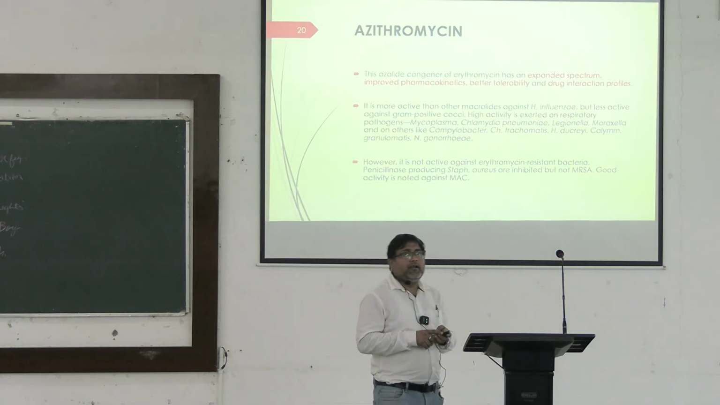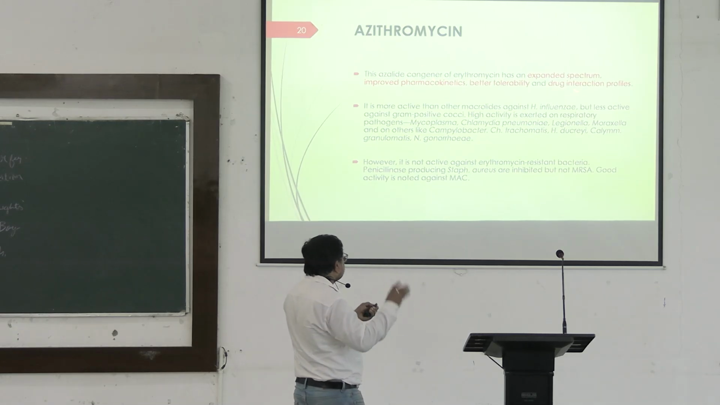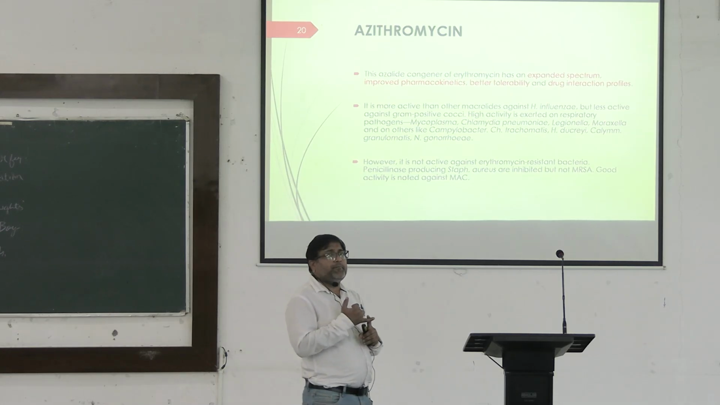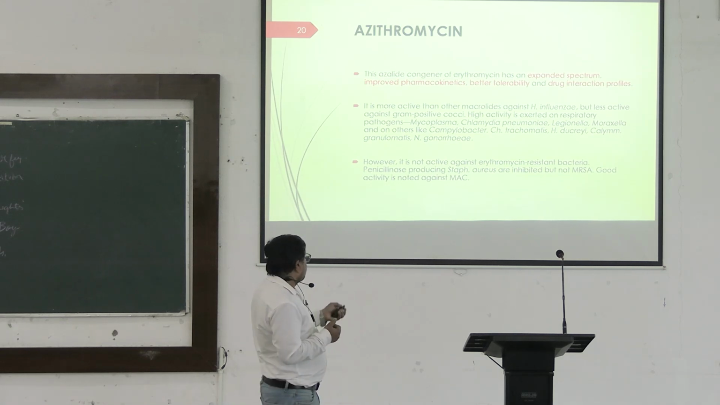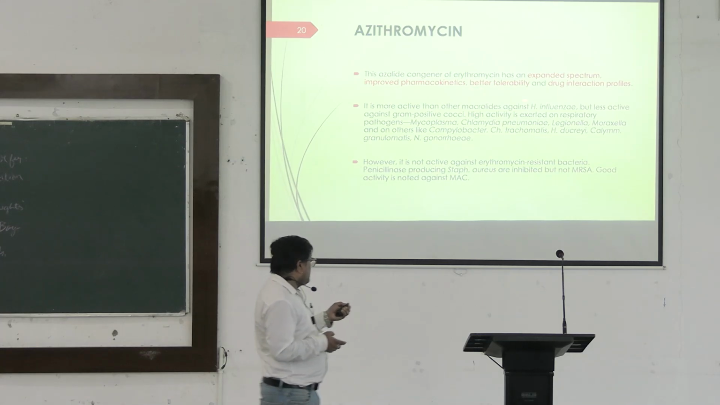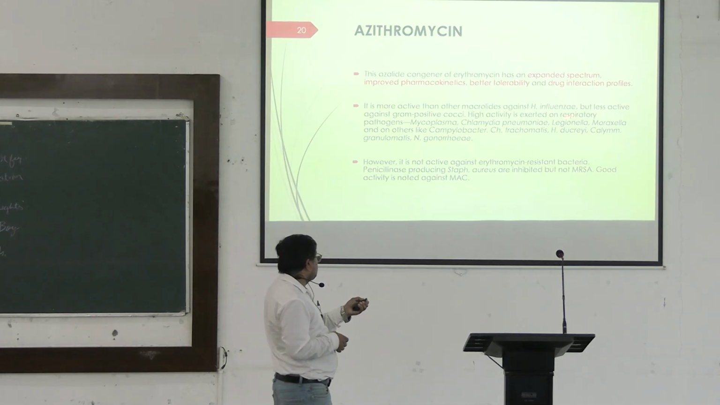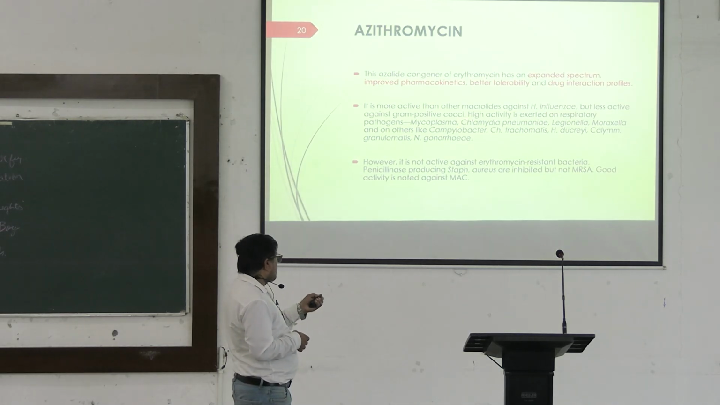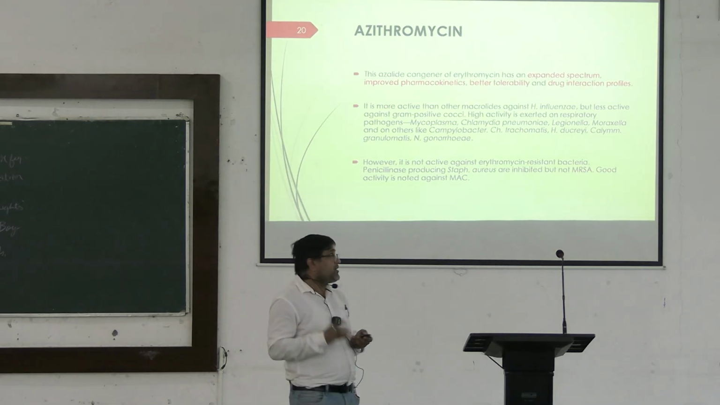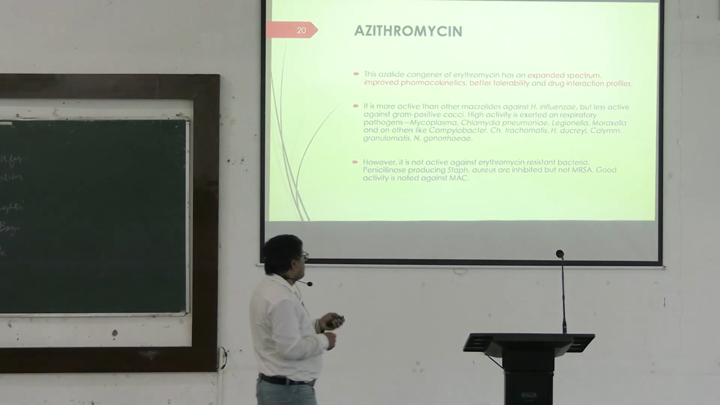Coming to the next drug, azithromycin, very commonly used nowadays. Azithromycin has an expanded antimicrobial spectrum, improved pharmacokinetics compared to erythromycin, better tolerability and drug interaction profiles. Compared to certain other macrolides, it is more active against Haemophilus influenzae, less active against certain gram-positive cocci. High activity is exerted on the respiratory pathogens like Mycoplasma pneumoniae, Chlamydia pneumoniae, Legionella, Moraxella, Campylobacter, Chlamydia